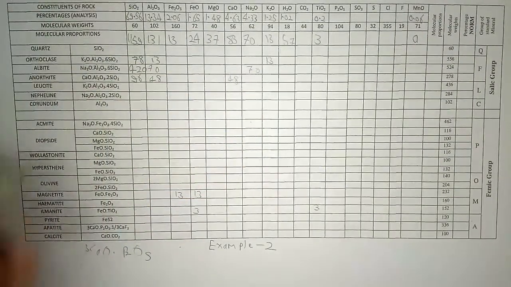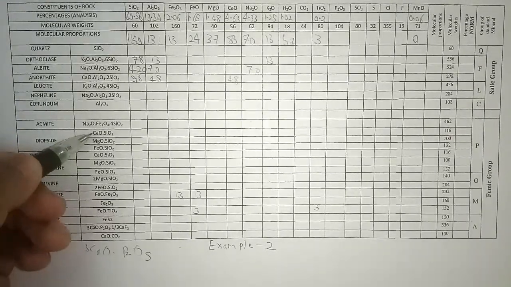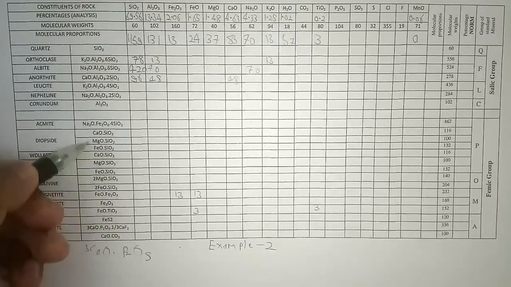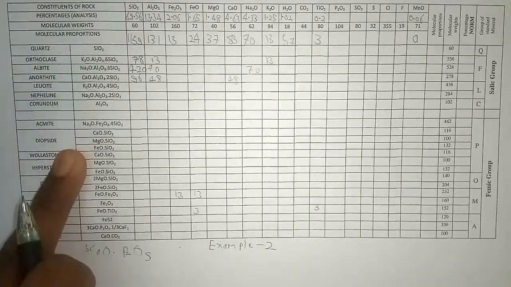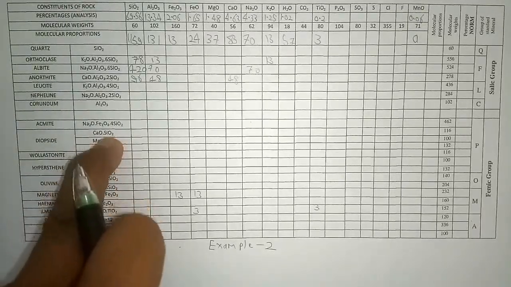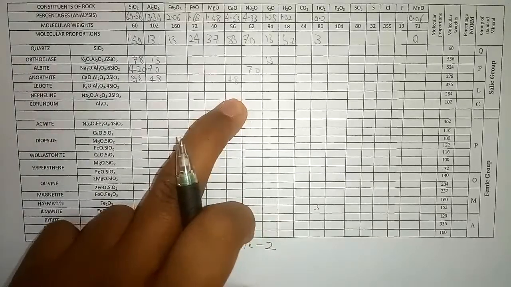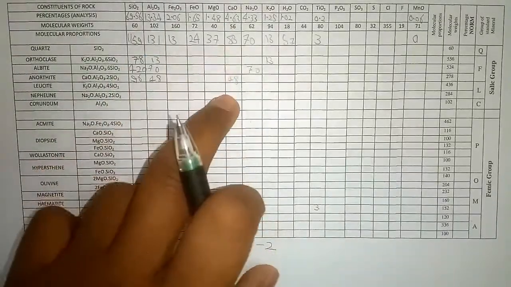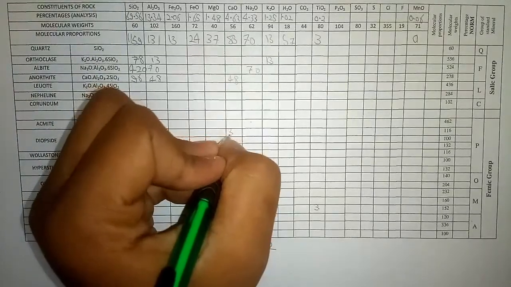Now next is diopside. So see this thing. If we have to make diopside, we have to satisfy all three conditions. We want CaO, MgO, and FeO also. If we don't have any one of these, we cannot make diopside. So in example number 1, there was no CaO left, so we haven't made diopside. But this time we have CaO left. We have 35 CaO left, meaning 83 minus 48, that is 35. So we will be writing here 35.